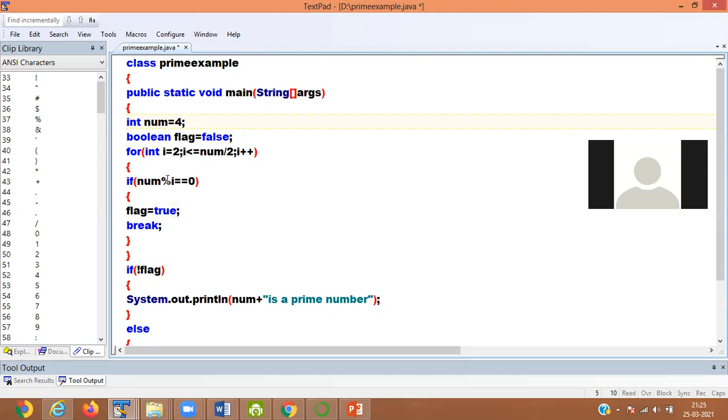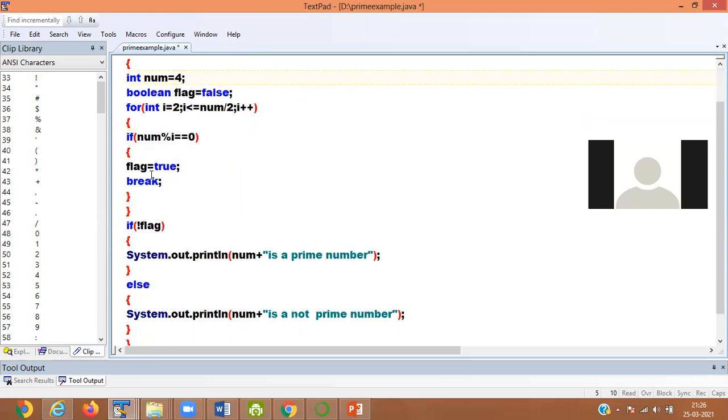Then 4 modulo 2 is equal to 0. Yes. Flag is true. When flag is true, it breaks. Looping does not continue. Then when the flag is true, it comes to here. Okay, it is not a prime number. Clear?